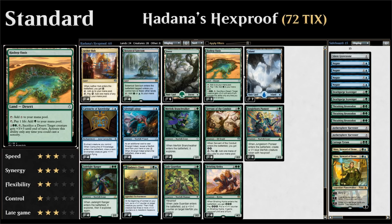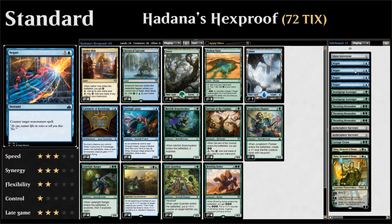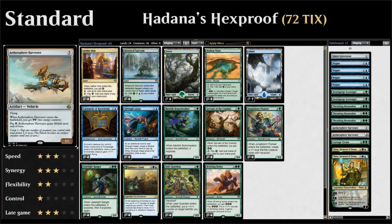Then quickly going over the sideboard, we have 1 copy of Silent Gravestone as graveyard hate, 4 copies of Negate against control decks, 2 Deathgorge Scavenger as more graveyard hate, which can also gain life against the red decks. We have 3 Thrashing Brontodon as artifact and enchantment removal, 2 Aethersphere Harvester as also a way to gain life